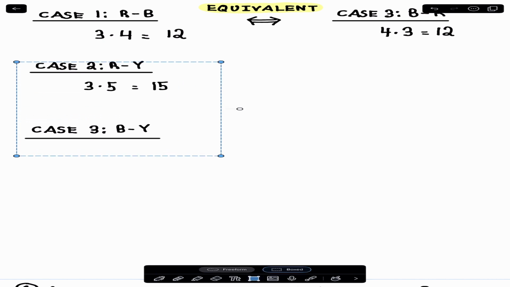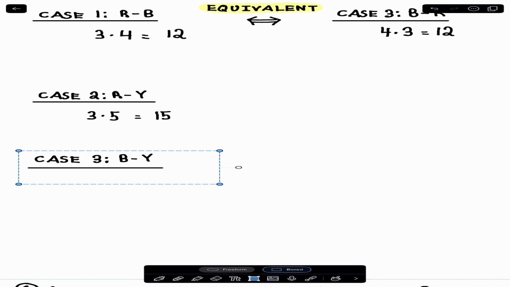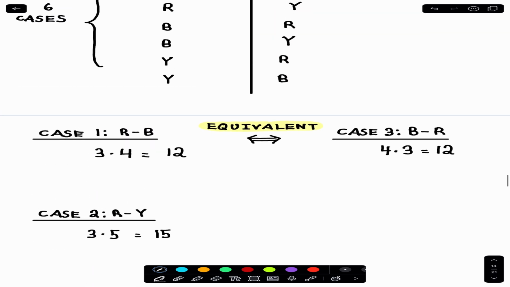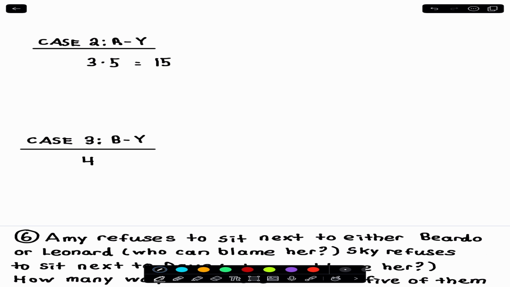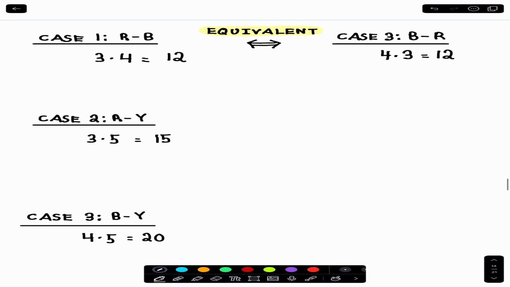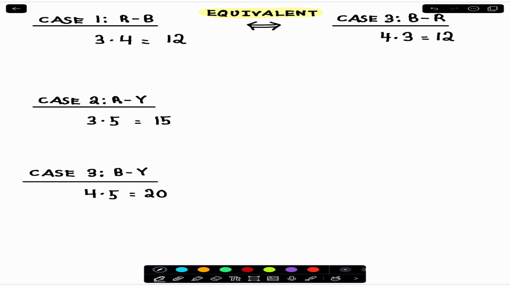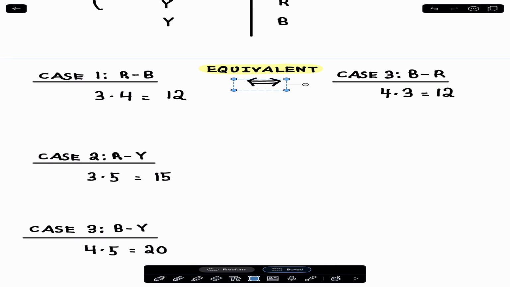Because I have so much space, I'm going to move this around just a bit. So there are 4 different brown ones and 5 different yellow M&Ms, which means there are 20 possible combinations. Actually, I need some room to write the final answer, so I'm just going to move this up again. And as before, since these are equivalent to these other cases,